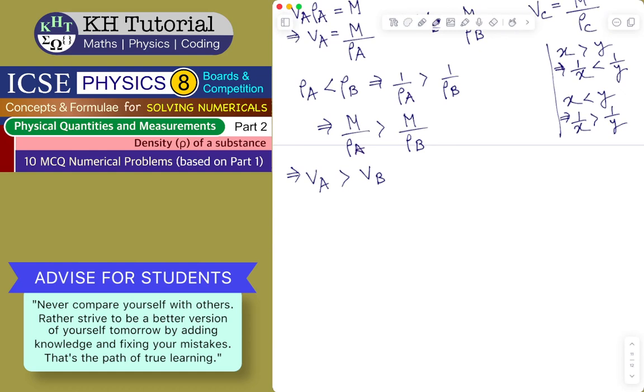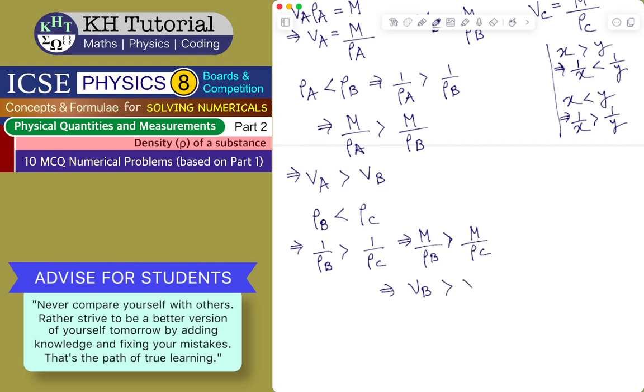We know that the density of substance B is given to be less than the density of substance C. So this implies that the reciprocal 1 by rho B will be greater than 1 by rho C. If I multiply both sides with M, I will have M by rho B greater than M by rho C,